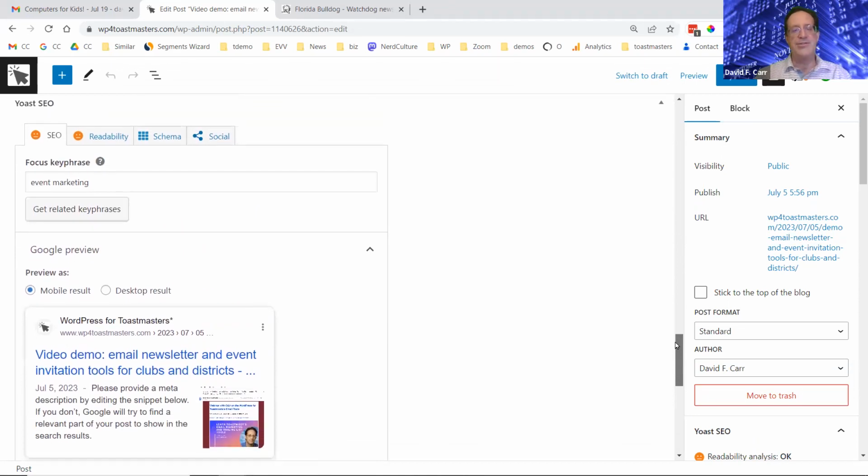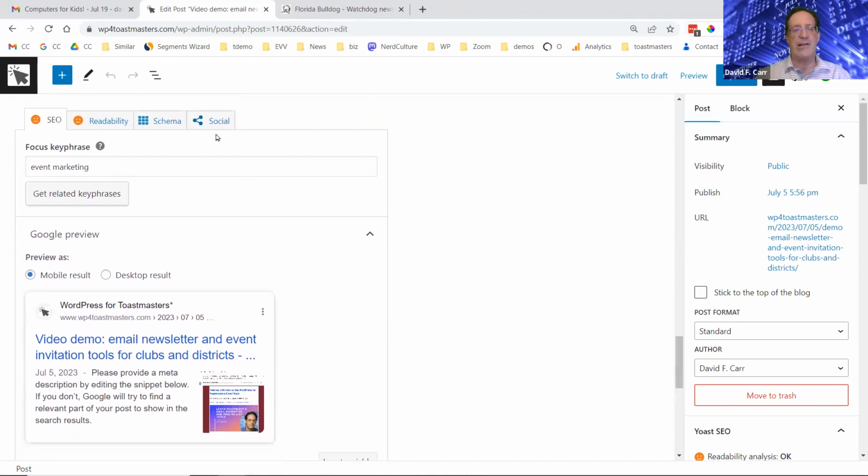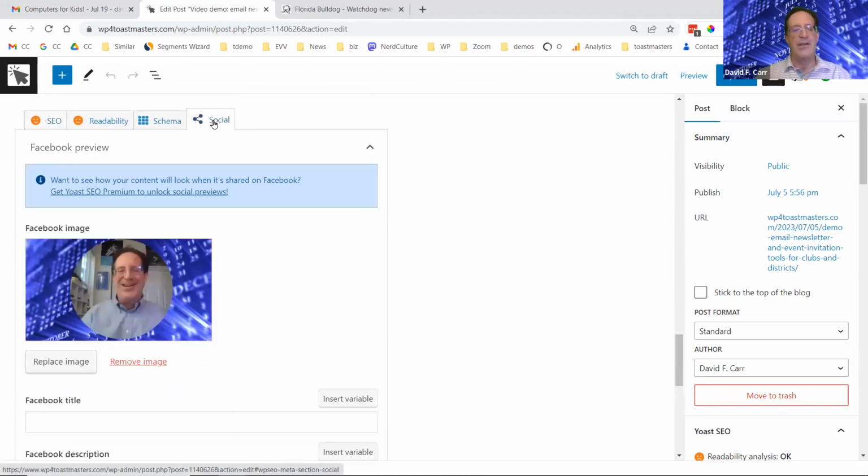And one of the things that I do spend probably more time on often is this tab that says social. And this helps control how your content will look if you share it to Facebook or you share it to Twitter. And I'm pretty sure that LinkedIn also uses the content that you've specified here for Facebook.